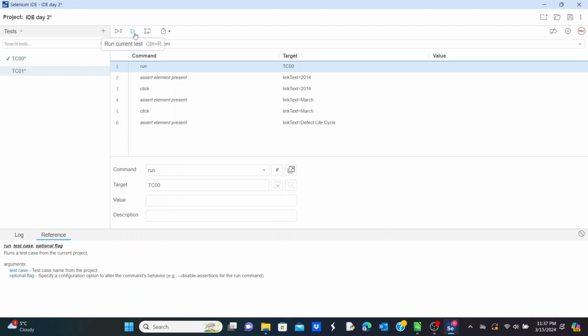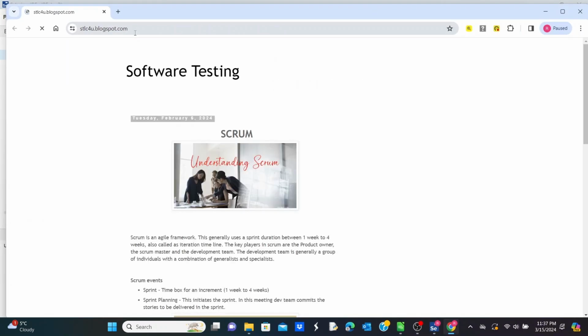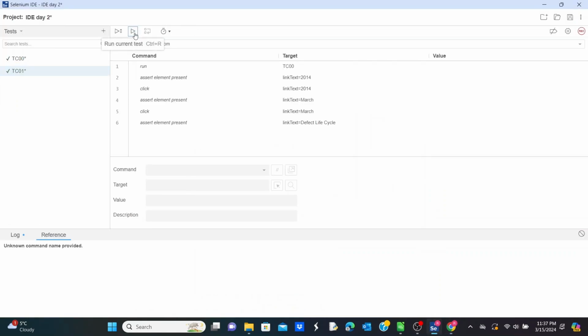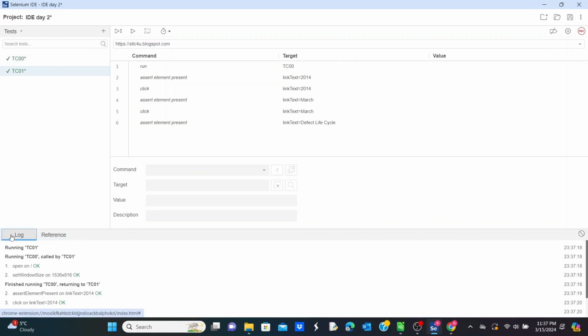Let's run it. You can see it is successfully executed, with a green tick. Let's go to logs and see what happened here. So it started executing TC01. You can see it first started with TC00. There we have two steps in TC00, that is kind of opening the blog and maximizing the window. Both are